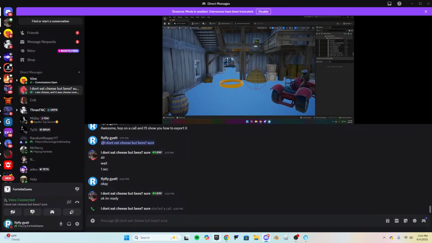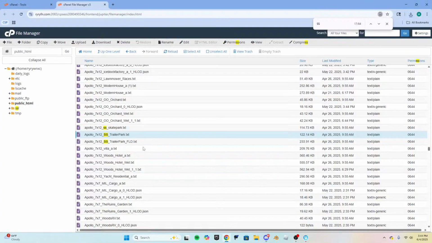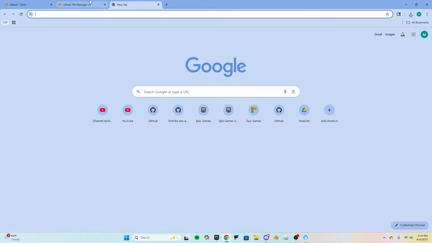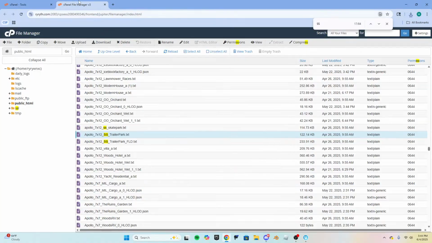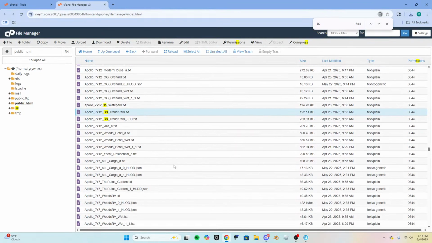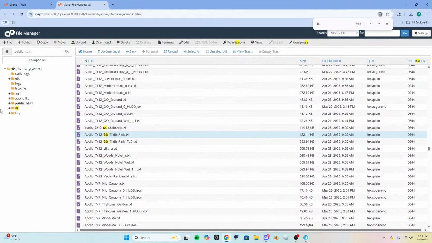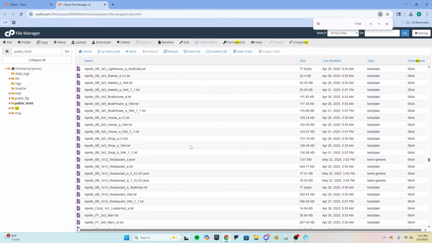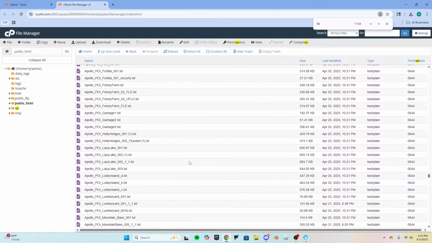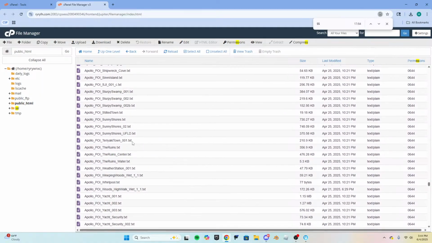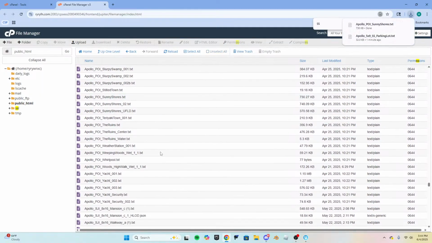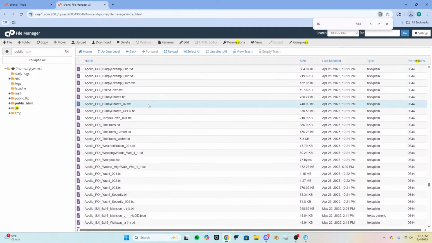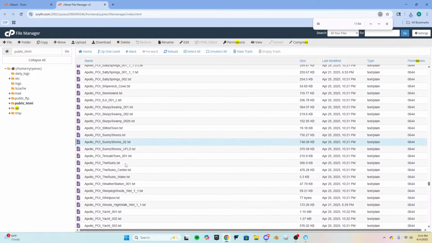Oh, except I need to change the way your thing is set up, because in order for it to work, the user has to put their actual map name in there for those custom assets to load. I'm going to change that real quick. POI Sunny Shores, Sunny Shores 02.